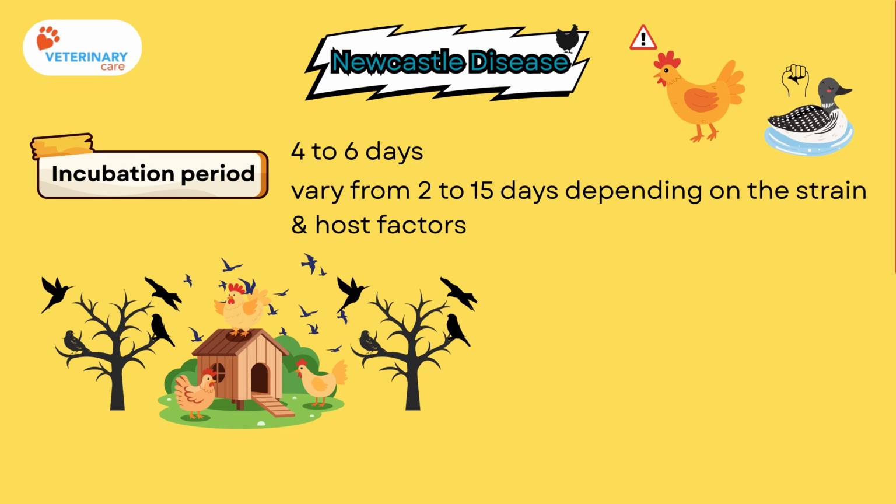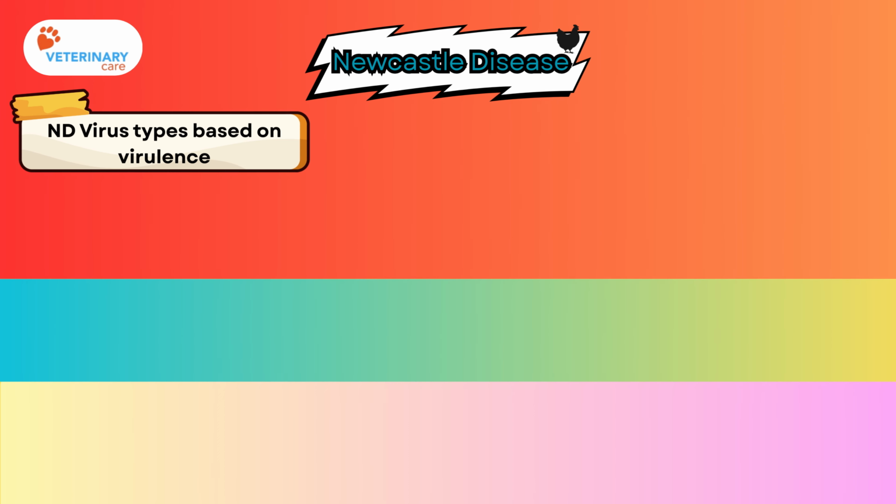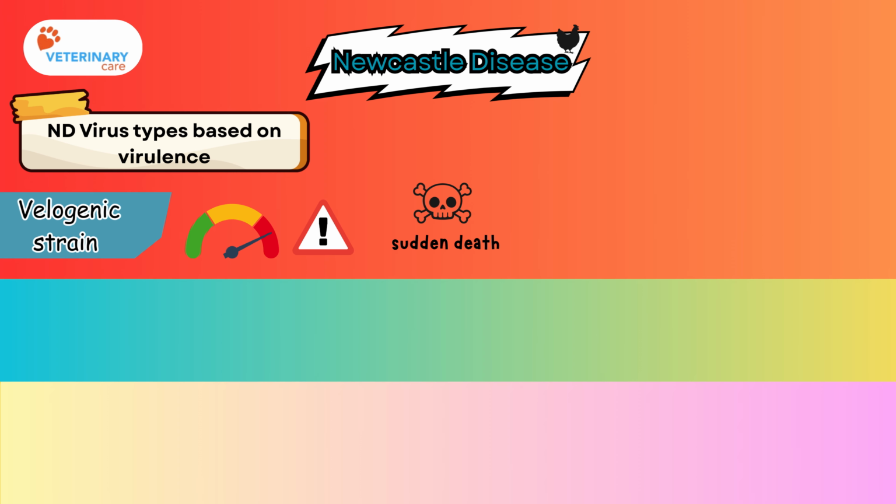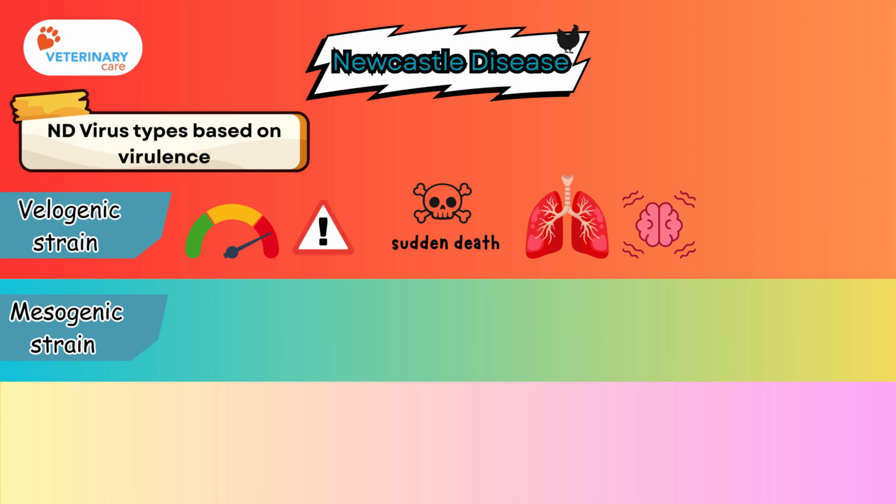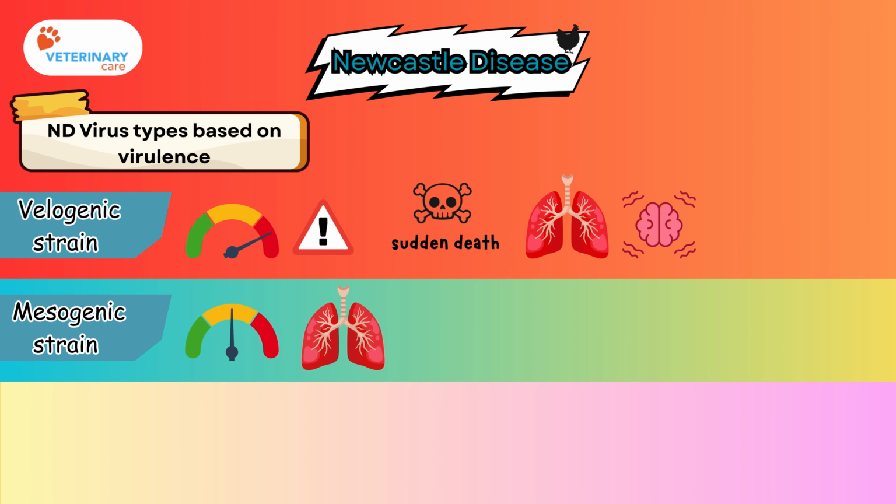Next, let us discuss the different types of Newcastle disease virus based on virulence. The velogenic strain is highly virulent and the most severe form. It can cause sudden death along with pronounced respiratory and neurological signs. The mesogenic strain is moderately virulent and primarily produces respiratory disease, sometimes accompanied by neurological symptoms, with lower mortality compared